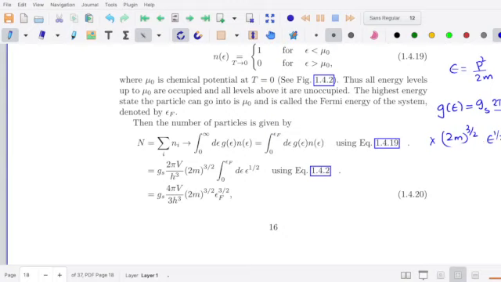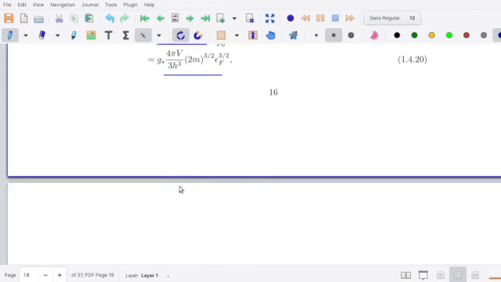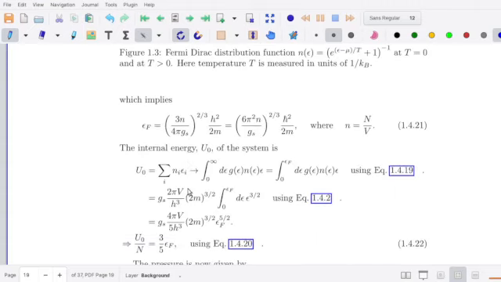Now in this integral we can take out all these constant factors outside. So we have all these terms outside. Then integral from 0 to epsilon f d epsilon to the power half. Now the integral is trivial, and it results in this expression for the total number of particles. And the number density is obtained by dividing the total number of particles by volume, and we get the final formula